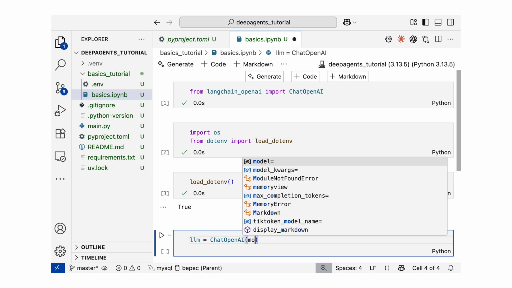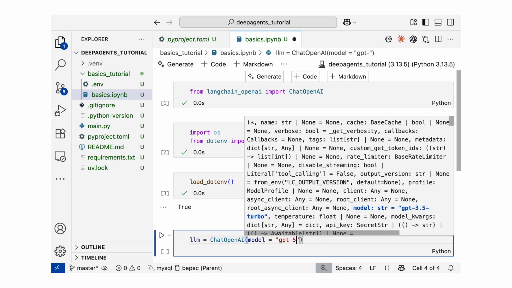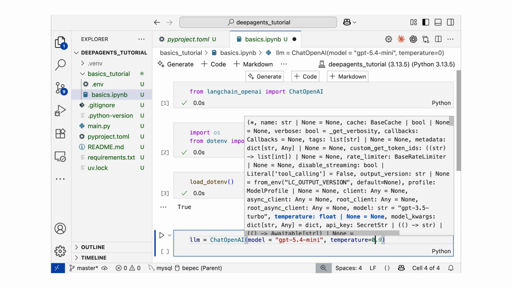model equal to gpt-5.4-mini. And if you want to give any temperature, what is the purpose of temperature? When you give temperature 0, your model is trying to be deterministic. When your temperature is 1 or 2, your model is trying to be more probabilistic in nature. What is meant by probabilistic? For a given input, it can give varying responses. So if you want your model to be more creative, you use a higher temperature. If your model needs to give the exact answers every time,